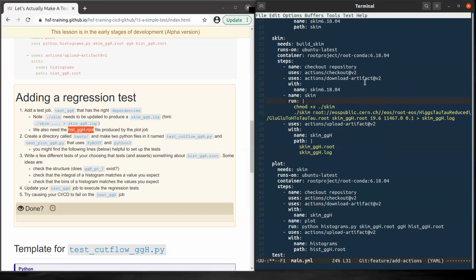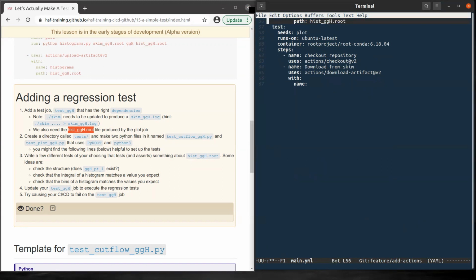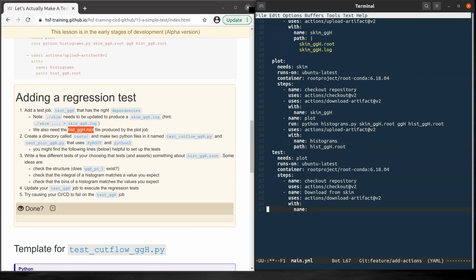We can check the name here. The name from skim is this one, right? This name, skim ggh.